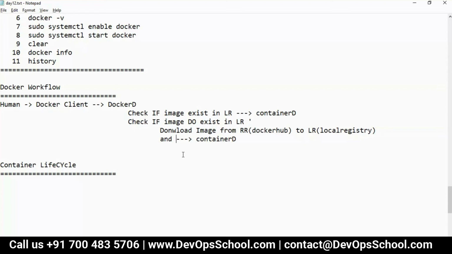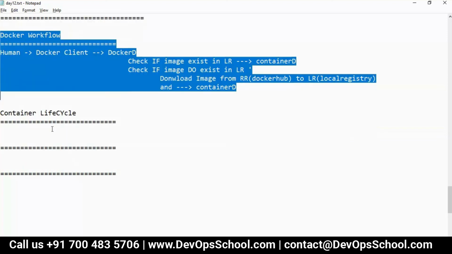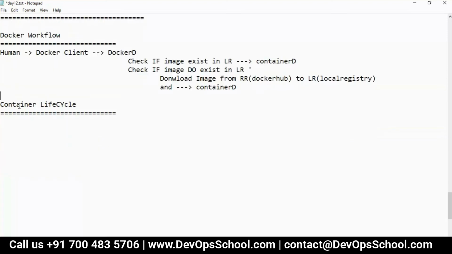Yes, Rajesh. So guys, this is the way Docker works. Now, the container lifecycle. For that, let's start with the VM lifecycle. You have worked with VMs, right? This technology has been around for 15 years plus. Tell me what the VM lifecycle is. If you teach me the VM lifecycle, I will teach you the container lifecycle.